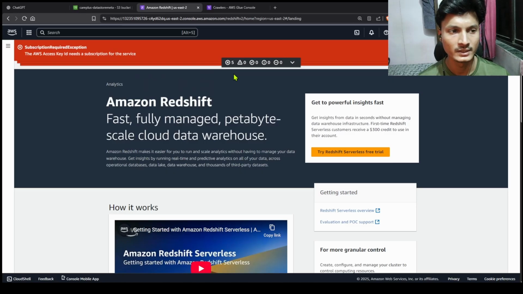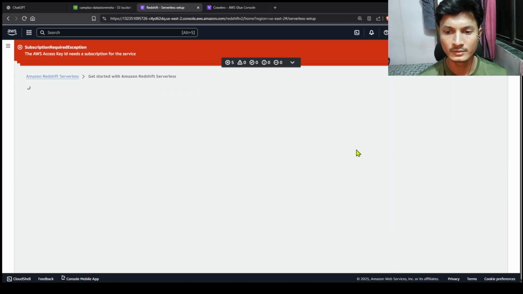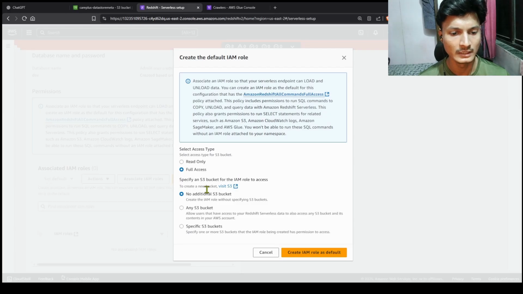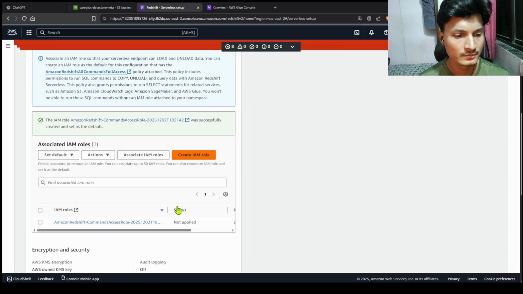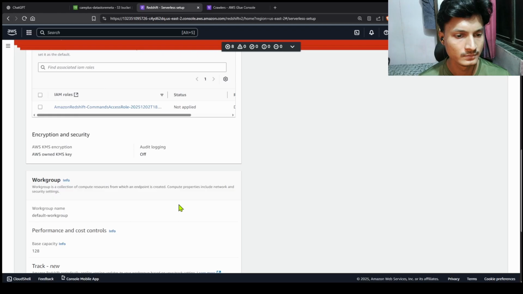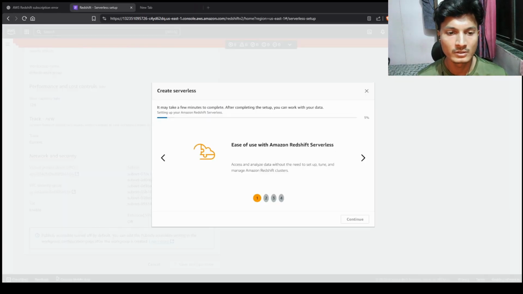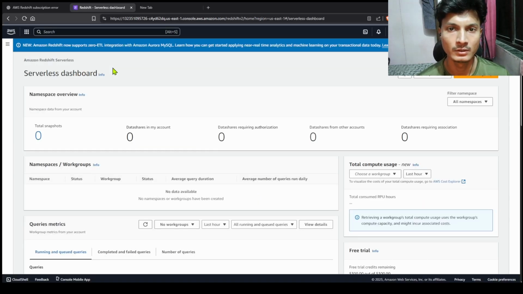And here you have to set up the AWS Redshift, create IAM role, and I want to give the access of any S3 bucket since I have to upload the data from the S3 bucket. So I'm giving the access of any S3 bucket. Create IAM role as default, full access, yes. And it's done. After clicking on save configuration, it will create a serverless environment. So let's wait. After successful completion of Redshift serverless, we came to the serverless dashboard, and when we refresh the page,